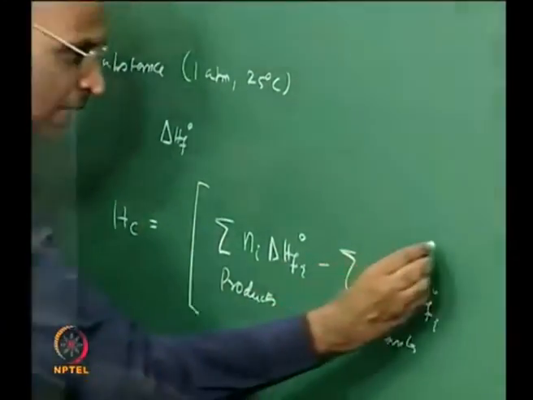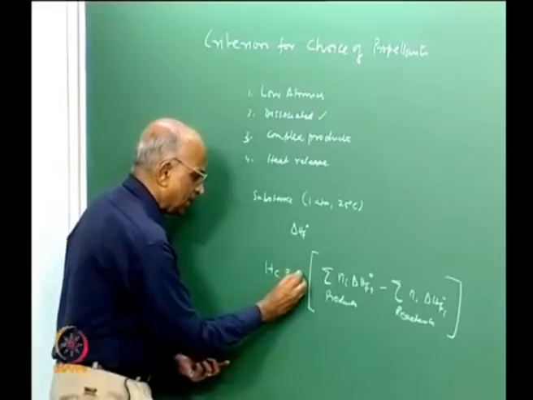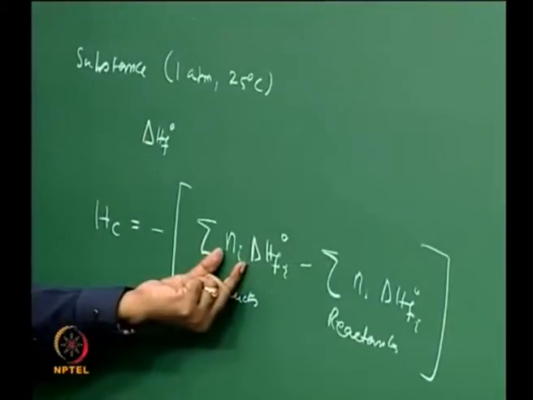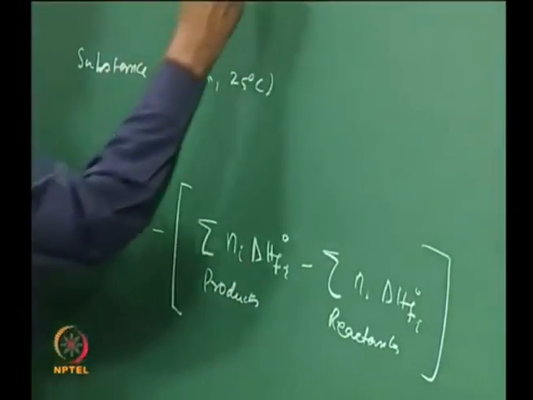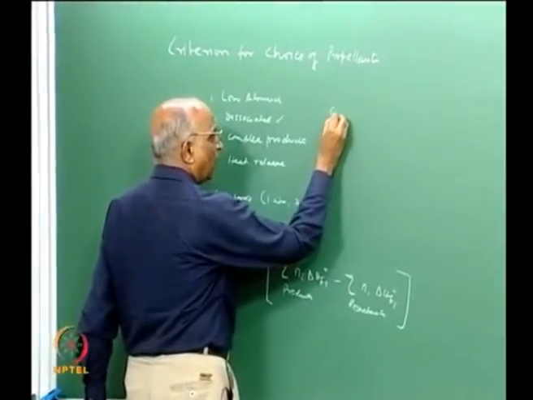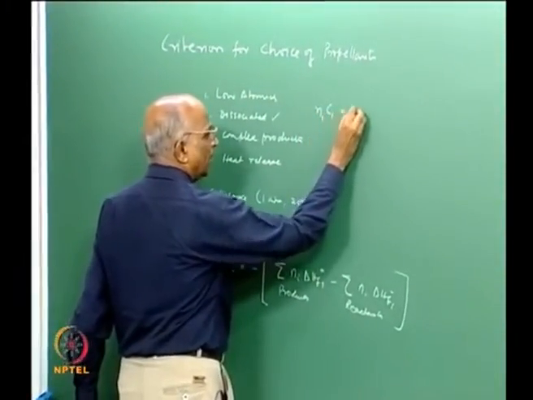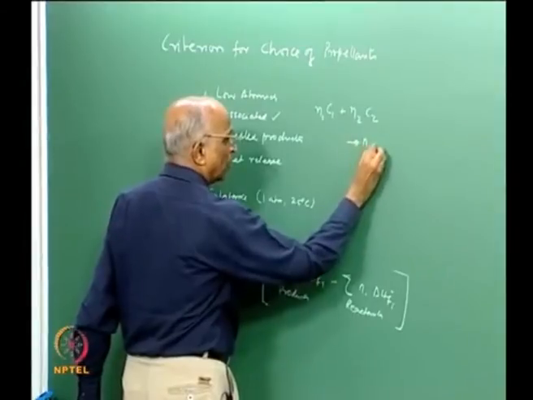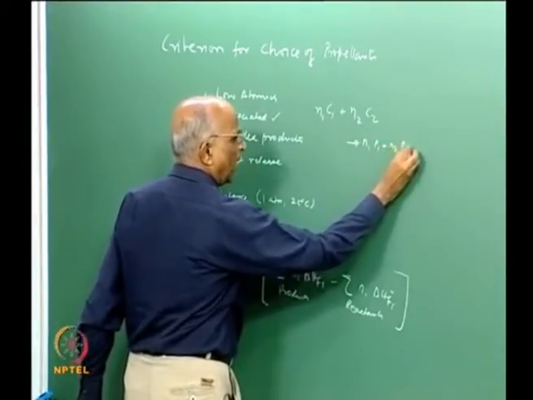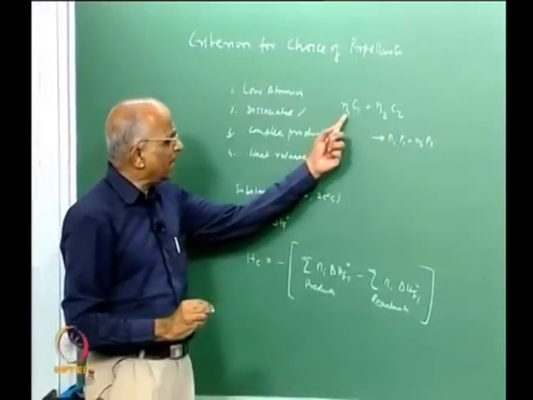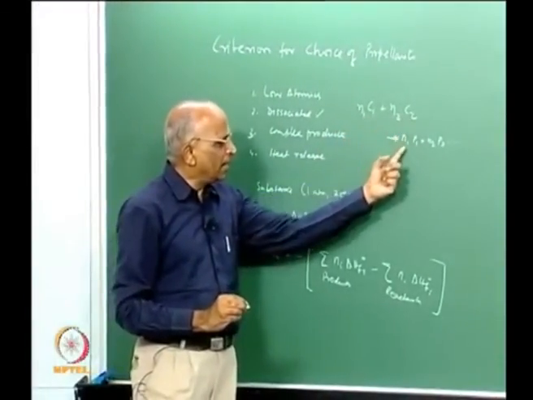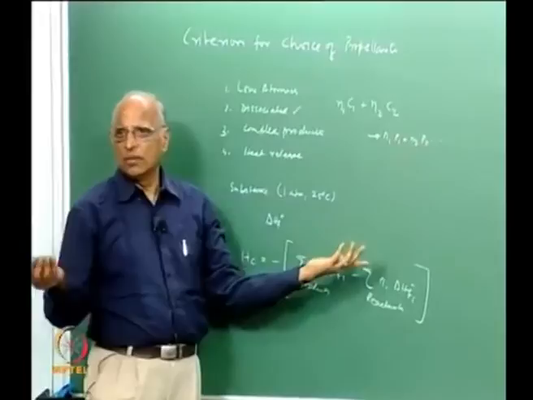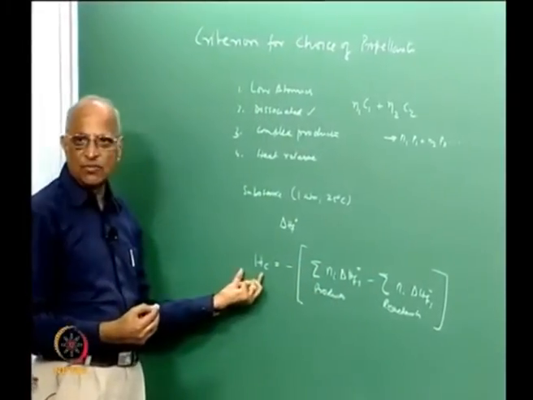and then if there is a decrease in the heat of formation, I say some energy is released in the combustion. Let us be clear about this notation. What am I telling here? I have in the reactants, let us say, the chemical 1 having N1 moles, maybe N2 moles of chemical 2, forming, let us say, N1 moles of product 1 plus N2 moles of product 2 and so on. All what I say is N_i C_i, i going from 1 to 2 for the reactants, i going from 1 to N for the products, and this is how we are saying is the heat of combustion.